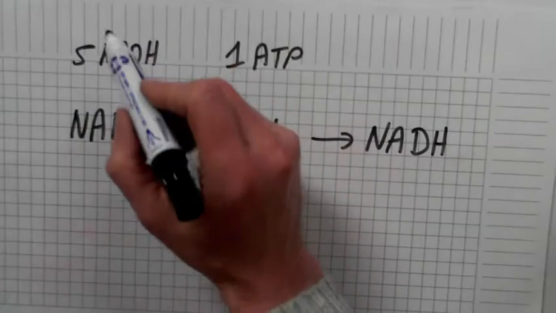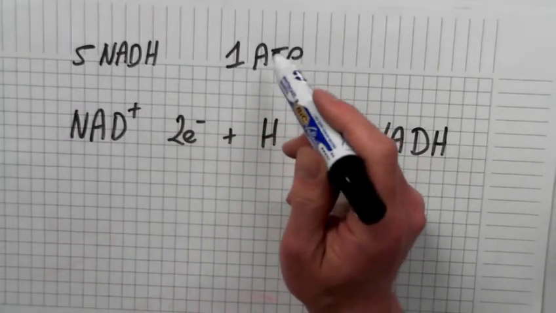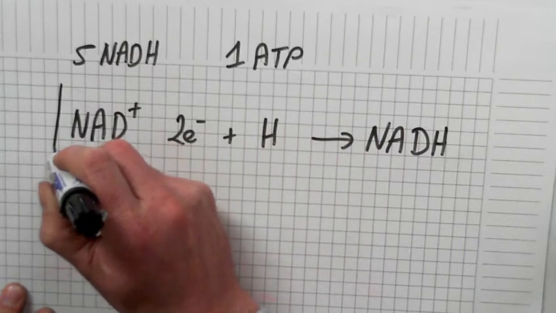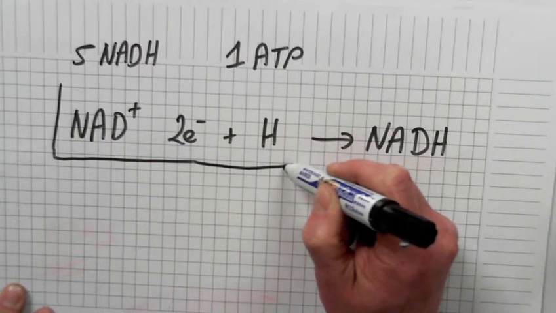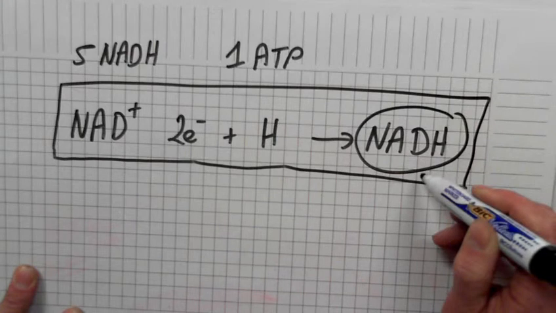Right, so after the Krebs cycle we had 5 NADH produced and we have 1 ATP molecule. Remember NAD, what does it do? It picks up 2 electrons, it picks up a hydrogen to form NADH. NADH travels off to the